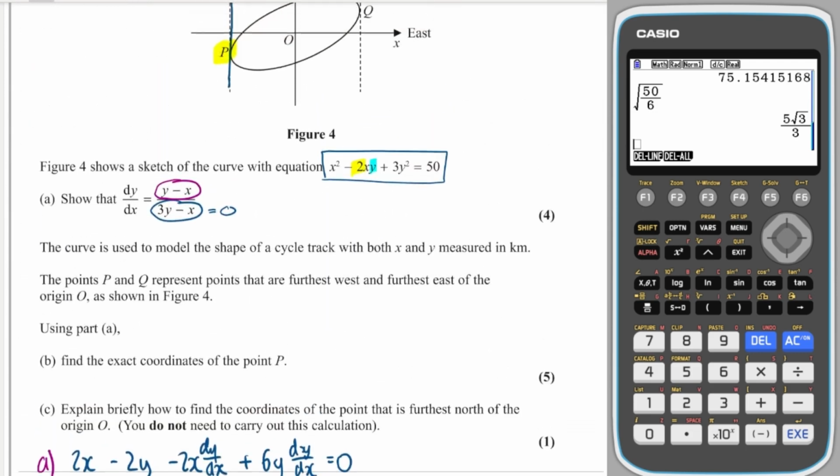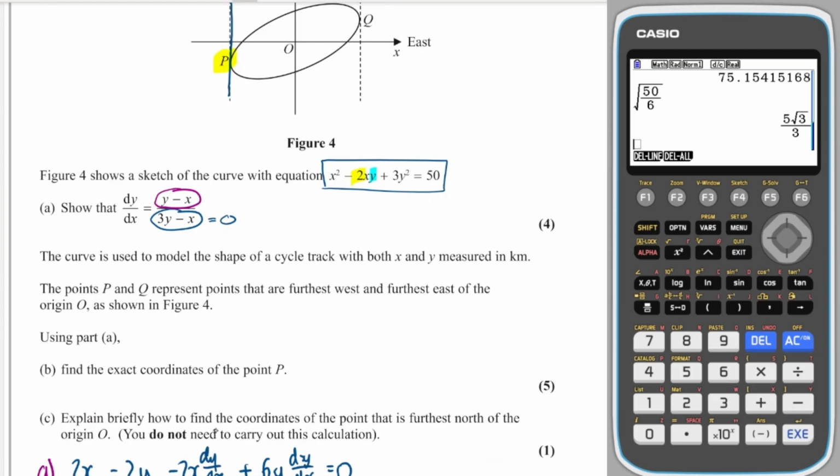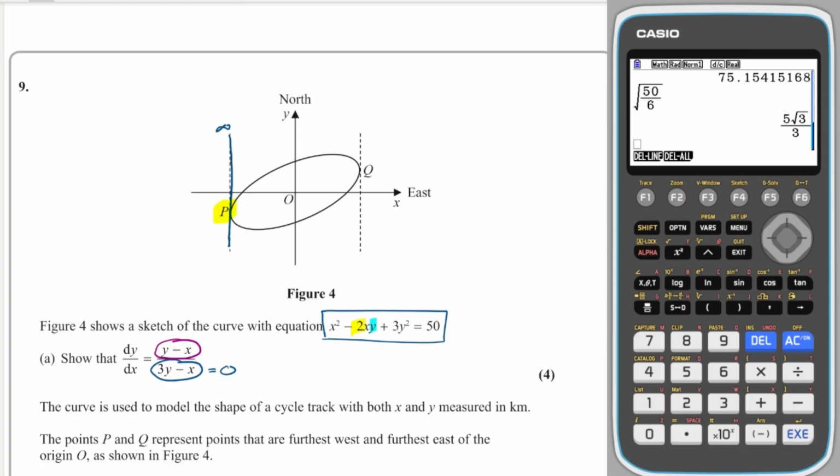Okay, part C is to explain briefly how to find the coordinates of the point that is furthest north of the origin. You do not need to do this calculation. So the point furthest north is where we have a gradient of 0. So that means that the numerator this time will equal 0. So we will say that y is equal to x, solve with the equation,